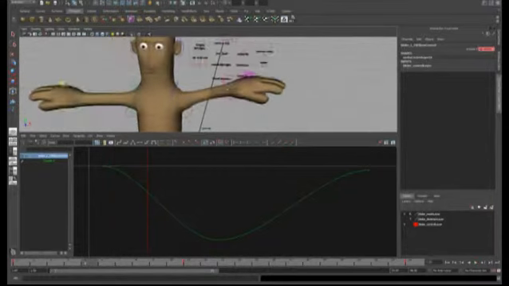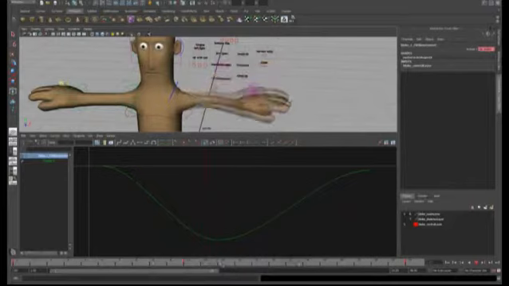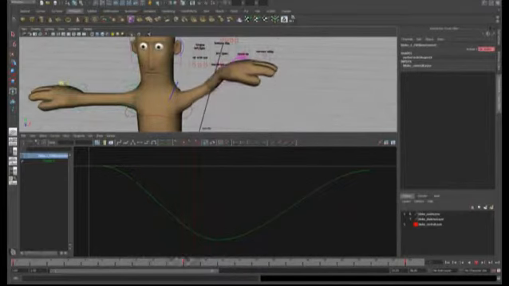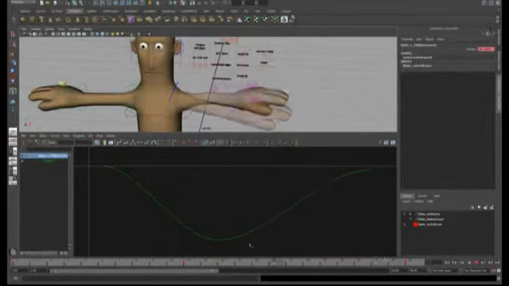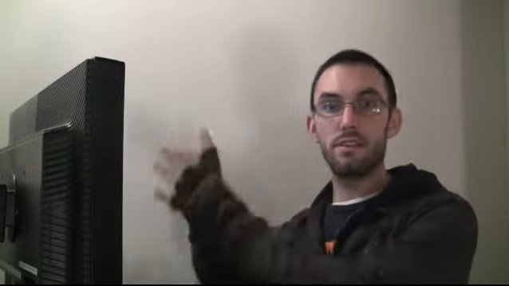Even though the IK is the rig that the arm is riding right now, that FK rig still has those keys on it. So the first thing that screws people up is that when you are switching between FK and IK, you'll get your arm into a position